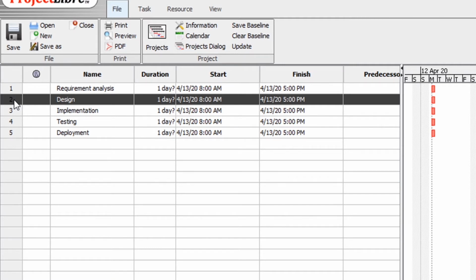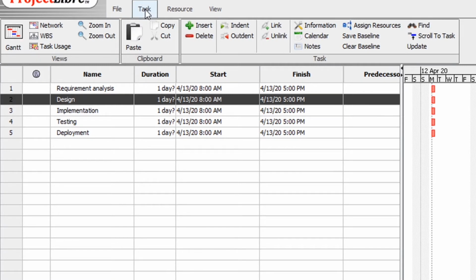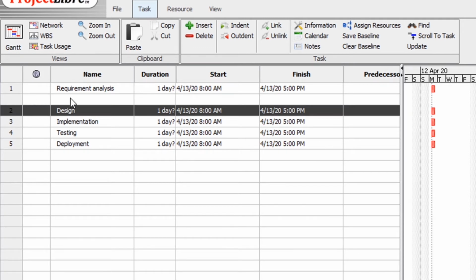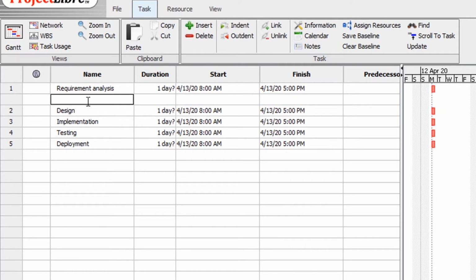Sometimes you need to add something new, and in this case we need to create more detailed structure of our tasks. So in this situation you can go to Task tab on toolbar and click Insert, and it will insert a task higher than your selected task. So I selected design, and then I pressed insert, and a new task was inserted on top of the design stage. Actually, let's add more tasks,